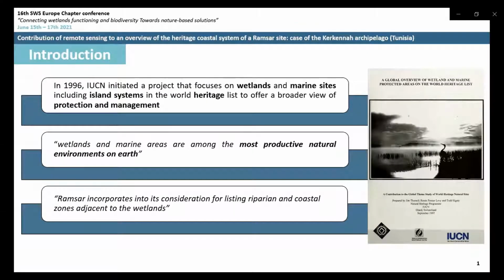In 1996, IUCN initiated a project that focuses on wetlands and marine sites, including island systems in the World Heritage List, to offer a broader view of protection and management. As wetlands and marine areas are among the most productive natural environments on Earth. Knowing that Ramsar incorporates into its consideration for listing riparian and coastal zones adjacent to the wetlands,